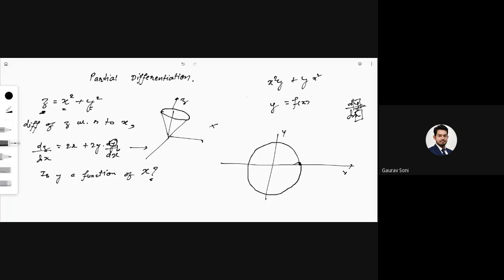So when I say dy by dx, it means that y is the dependent variable and my x is independent. So the value of y depends on the value of x, right? In this equation, do you see that your value of y is depending on the value of x? No, sir. So in this kind of equation, if y does not depend on x, dy by dx has to be